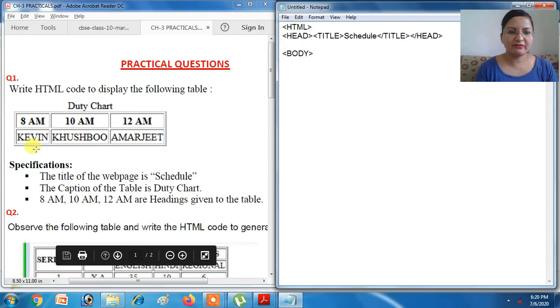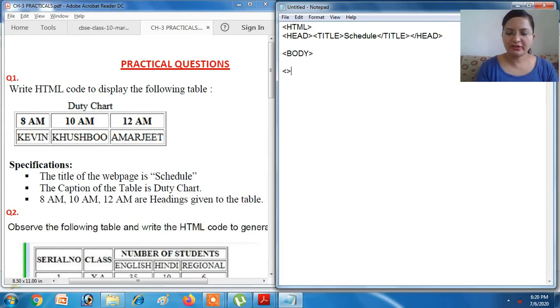You can see the first row is the heading, so for that we have to use TH in place of TD, and for the second row we will use TD tags. So first of all, table.